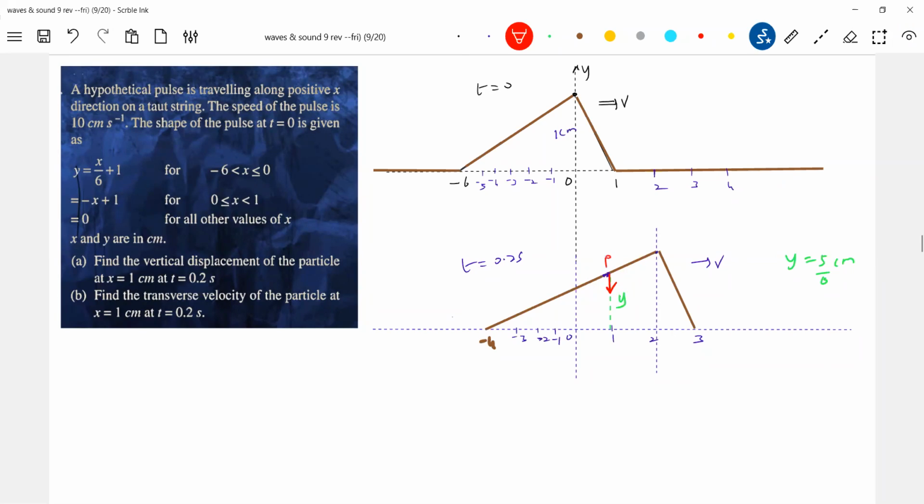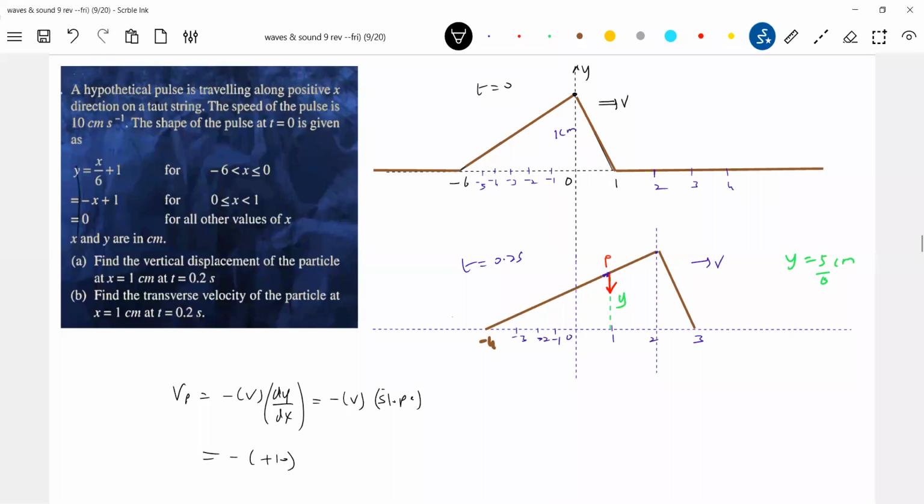Any reason for that? Because what is the formula? Minus v into dy by dx, the slope. Even for a pulse, this is applicable. It is moving towards the right, so this will be plus 10. Substitute, okay, this with the slope.